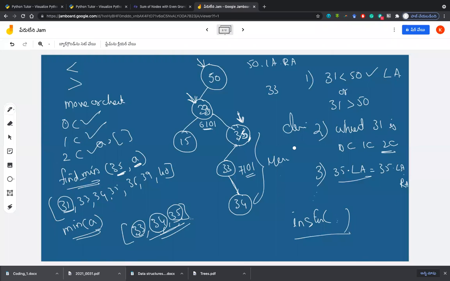Check out the conditions, less than, greater than, and everything. See, when I am talking about how you do this with 35 and then call 33 again, it might seem difficult, but there is no difficulty. For example, if you are at 33 and want to delete 33, you send the subtree root 35. You call your same function, delete underscore node of 35. So it will work the same way as it worked for 50, right? So it goes to 33 and deletes it as you have done earlier.